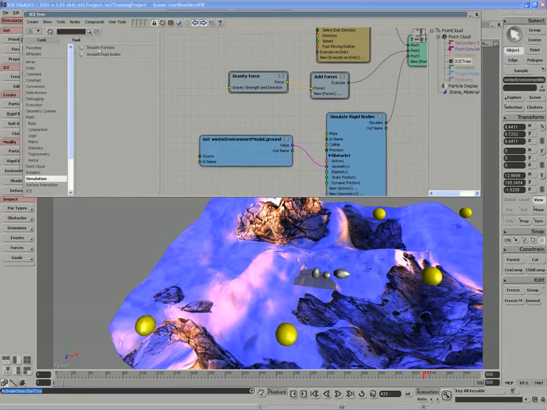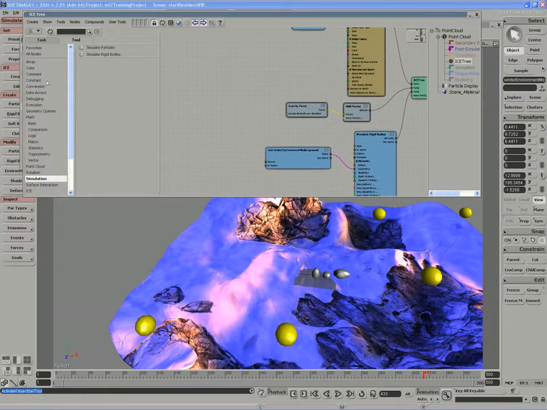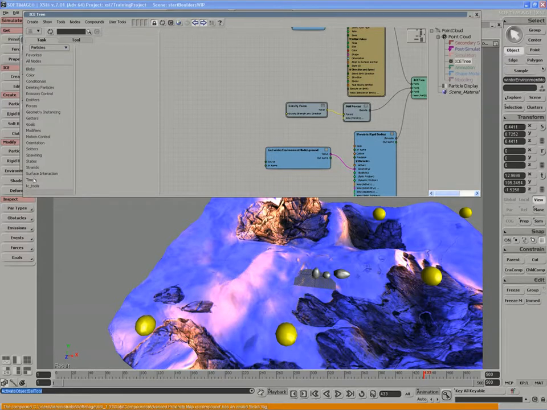If we clear the filter menu and look back under our tasks menu, the surface interaction finds a number of bounce type compounds: flowing, stick to surface, slide, anything that interacts with another surface. And we have two options here, bounce off surface and bounce off surface with friction. This is a new one that does have a friction option added to it of late, picked off the XSI newsgroup. It'll be, of course, included with the training materials, as will all the compounds I have in this